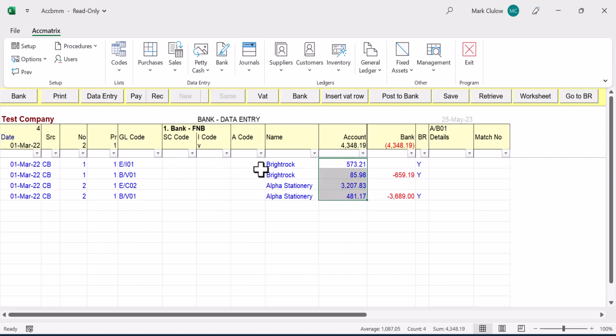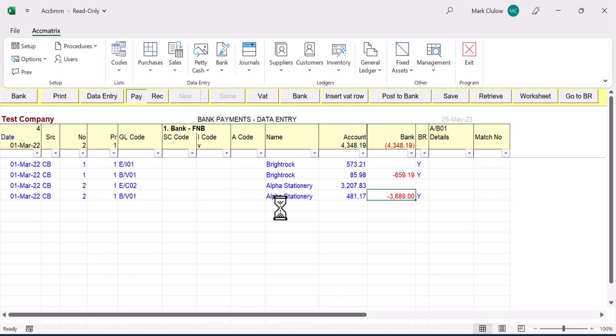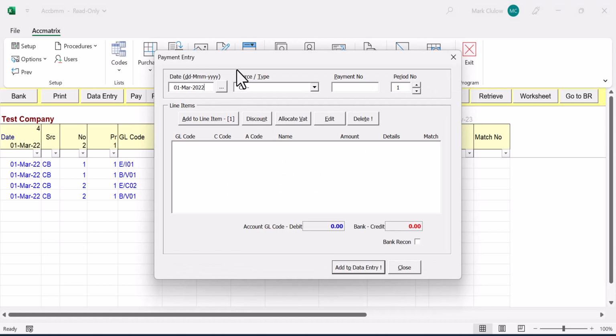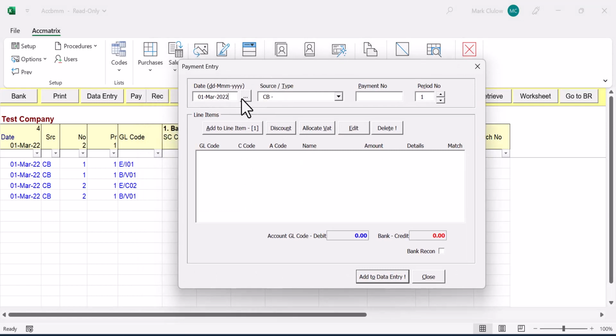The amount will go to the debit side and the credit will go to the bank, and the bank account will be updated. Another way to do data entry is you can click on the payment screen, the pay option. Slightly different way to do it is you get the right date, select your CB, CBP, CBR, payment number 1, period number 1, allocate it to the GL code